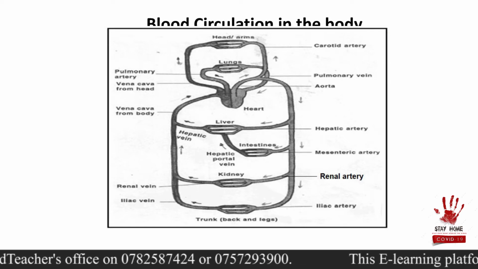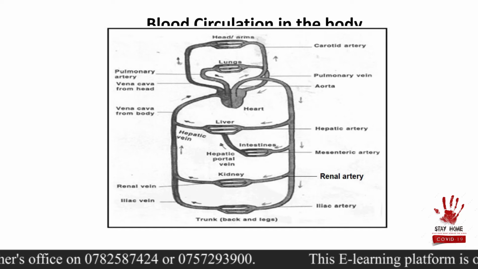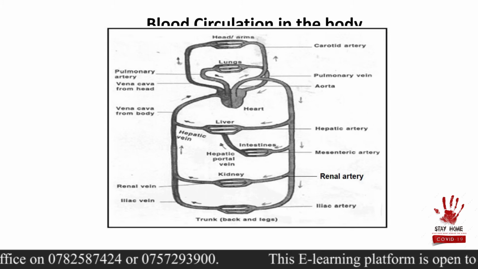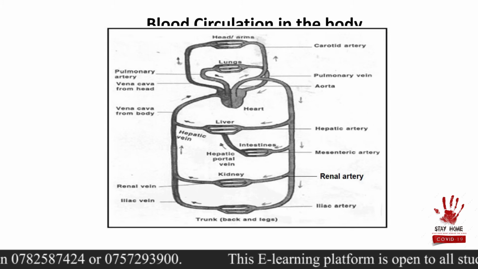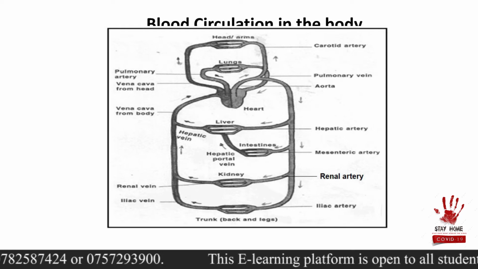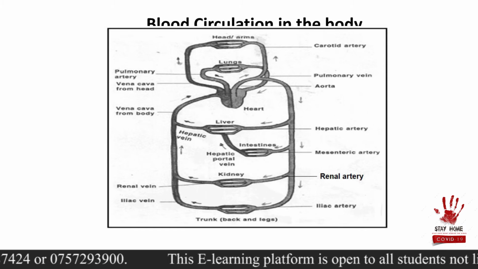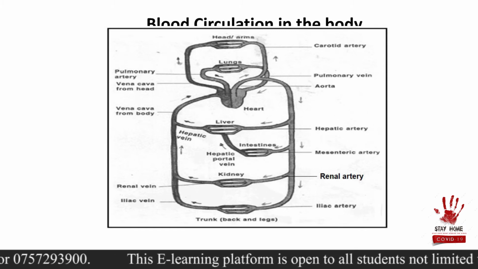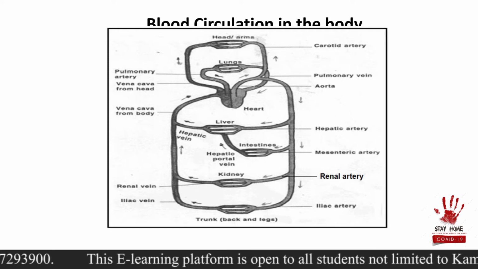Now, on our right, we also have blood vessels there. So there must be two types. From the legs again, we have a vein this time, carrying blood back to the heart. Remember, I told you veins carry blood towards the heart. So we have the iliac vein coming from our legs. We have the renal vein coming from our kidney. Then we have the one which is going to be draining the intestine, going to the liver. Now, there's this branch here.